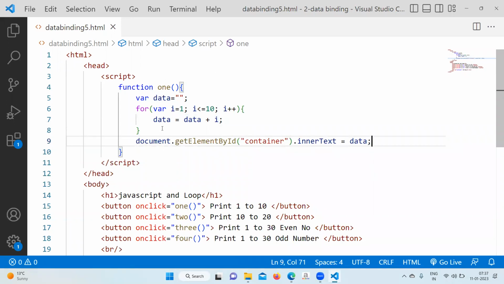So 1 to 10 it will generate, and it will keep storing under the data variable, keep appending under the data variable, and finally once the loop get over, so what will happen? It will print you the value of 1 to 10. So something like, okay, so first to write it,